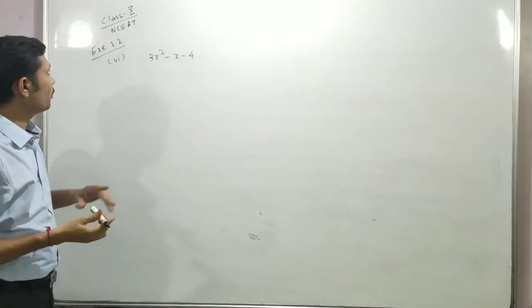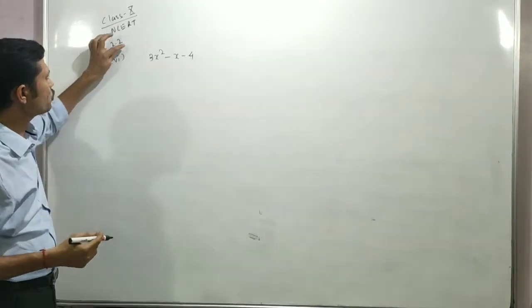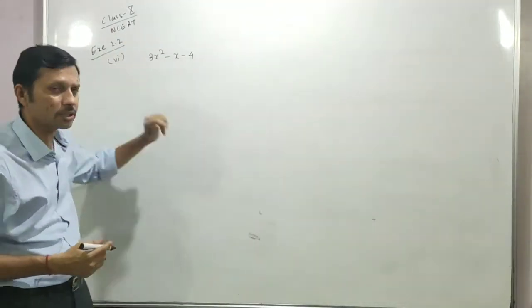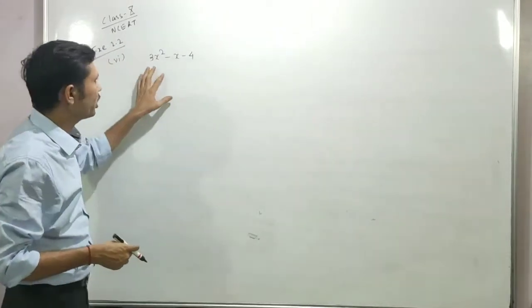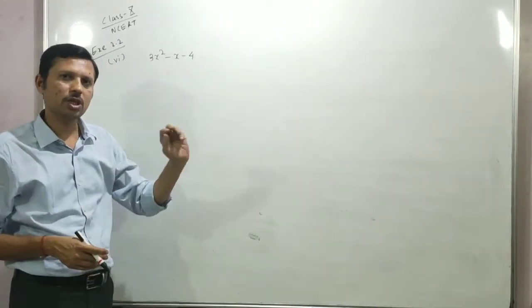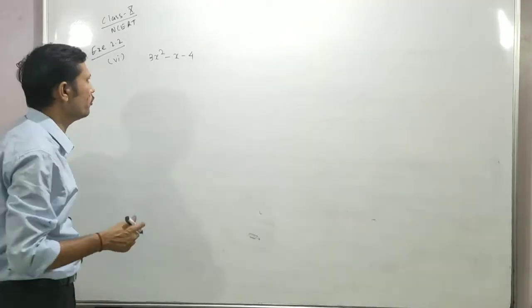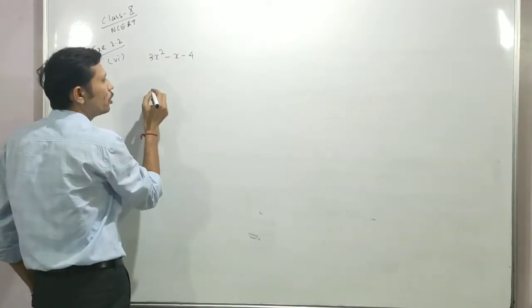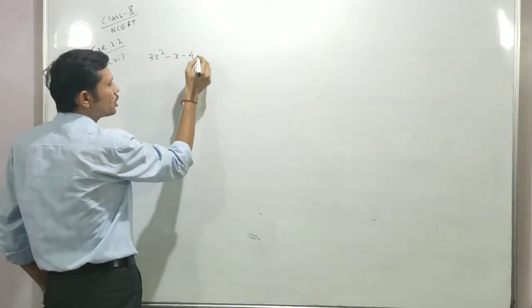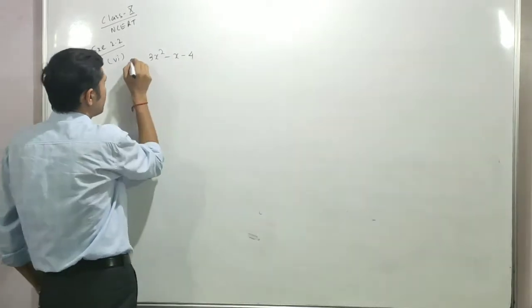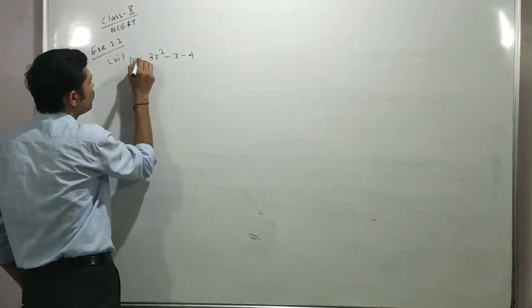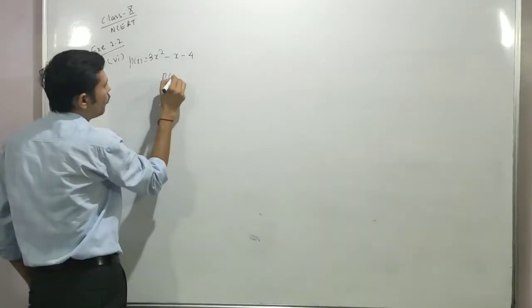Okay बच्चों, अब हम अपनी टेक्स्ट बुक का एक्सरसाइज 2.2 उसका क्वेश्चन नंबर 6 डिस्कस करेंगे। क्या कैलकुलेट करेंगे हम? सबसे पहले इसके जीरोस और उसके बाद में कोएफिशिएंट के साथ रिलेशन हम वेरीफाई करेंगे। सो जीरोस फाइंड आउट करने के लिए सबसे पहले तो पॉलिनोमियल को मुझे किसके साथ कंपेयर करना होगा? जीरो के साथ। पॉलिनोमियल को एक लेबलिंग भी ले लेते हैं बच्चों। ओके, सो p of x is equal to